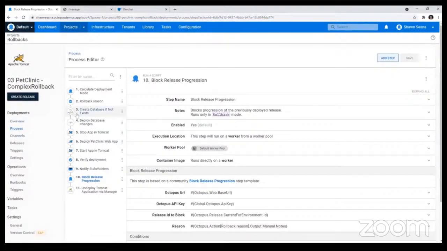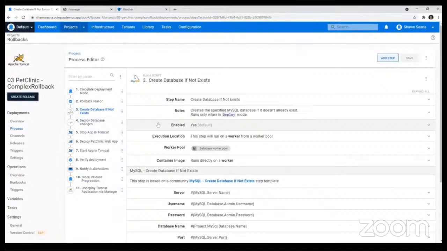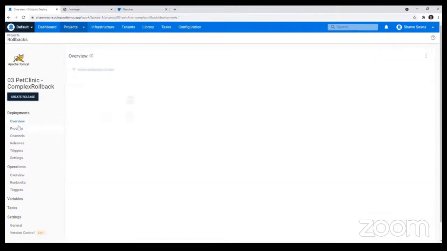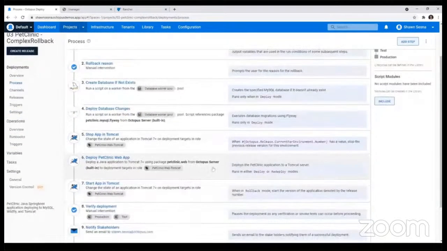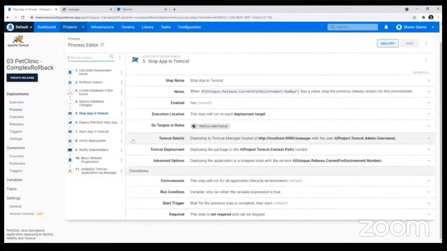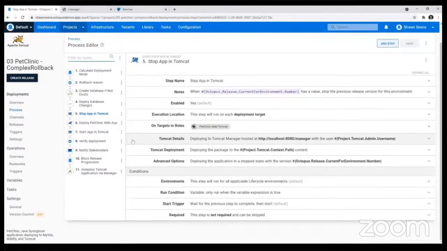And similar to what Bob did on his, I'm going to be skipping these database steps. I put that in my notes as well because if you're going to this process screen without these notes, it's not apparent which ones are being skipped. So when Bob told me to just use the notes feature, I said that's really great because it gives me a clear indication as to which one's going to be running when. For the reasons that I spoke of previously, I have included this start stop Tomcat application step,